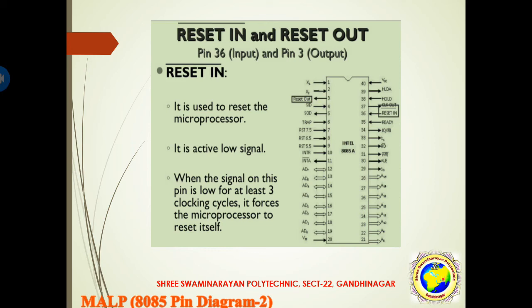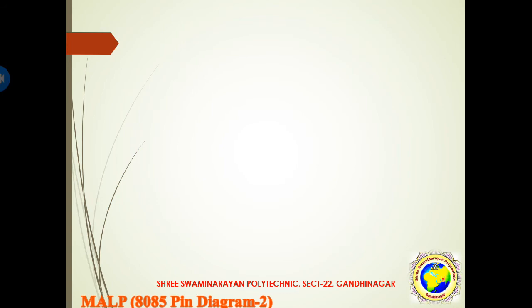Whenever we forcefully shut down the computer, or before forcefully shutting down the computer, we reset all the operations and try once again to see if they perform okay or not. These functions of reset in are performed by pin number 36, and when the signal on this pin is low, then at least 3 clock cycles force the microprocessor to reset itself. Okay, and the next one is the